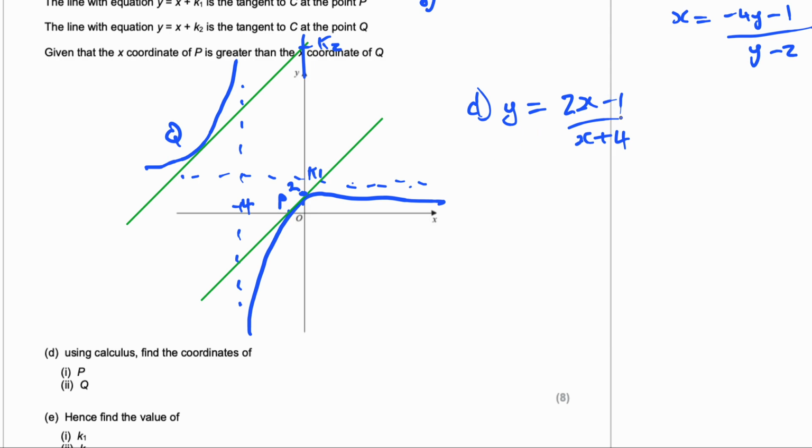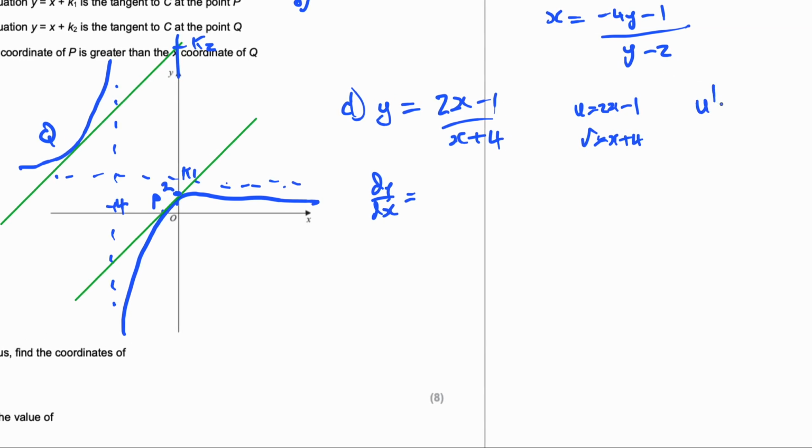Now to differentiate this, because it's a fraction, we want to use the quotient rule. So dy by dx is v du, so since u is 2x minus 1 and v is x plus 4,